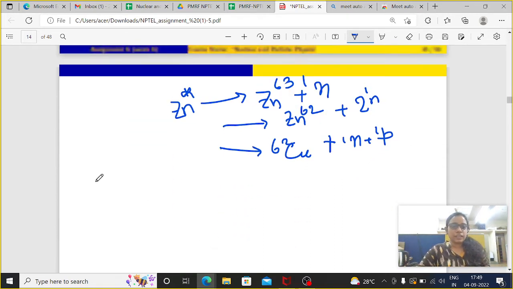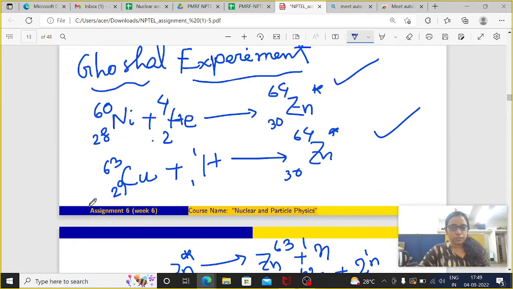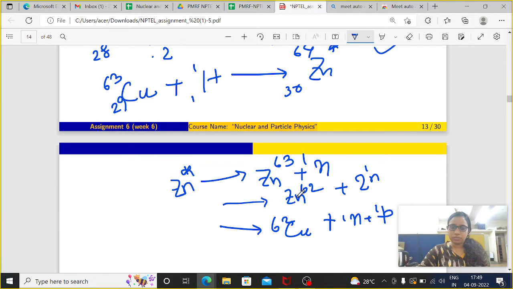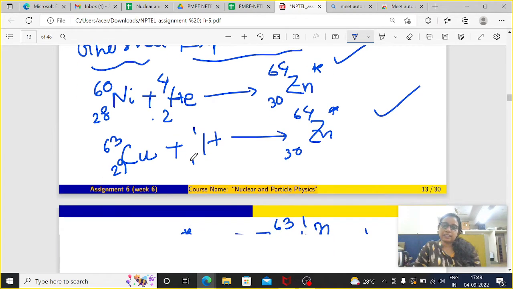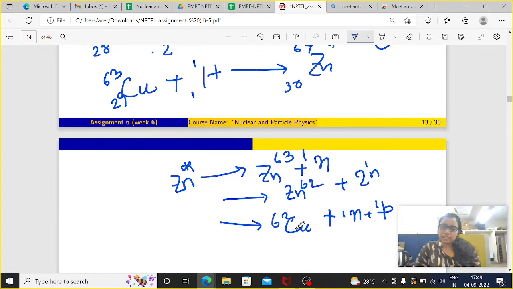Now I will tell a little bit more about these two reactions at first, and after that I will tell about these things. Now what is there? See, the independence hypothesis, if it is true, then obviously it will say that the decay of Zn star, that means the decay of Zn star into, let's say, Zn plus n,